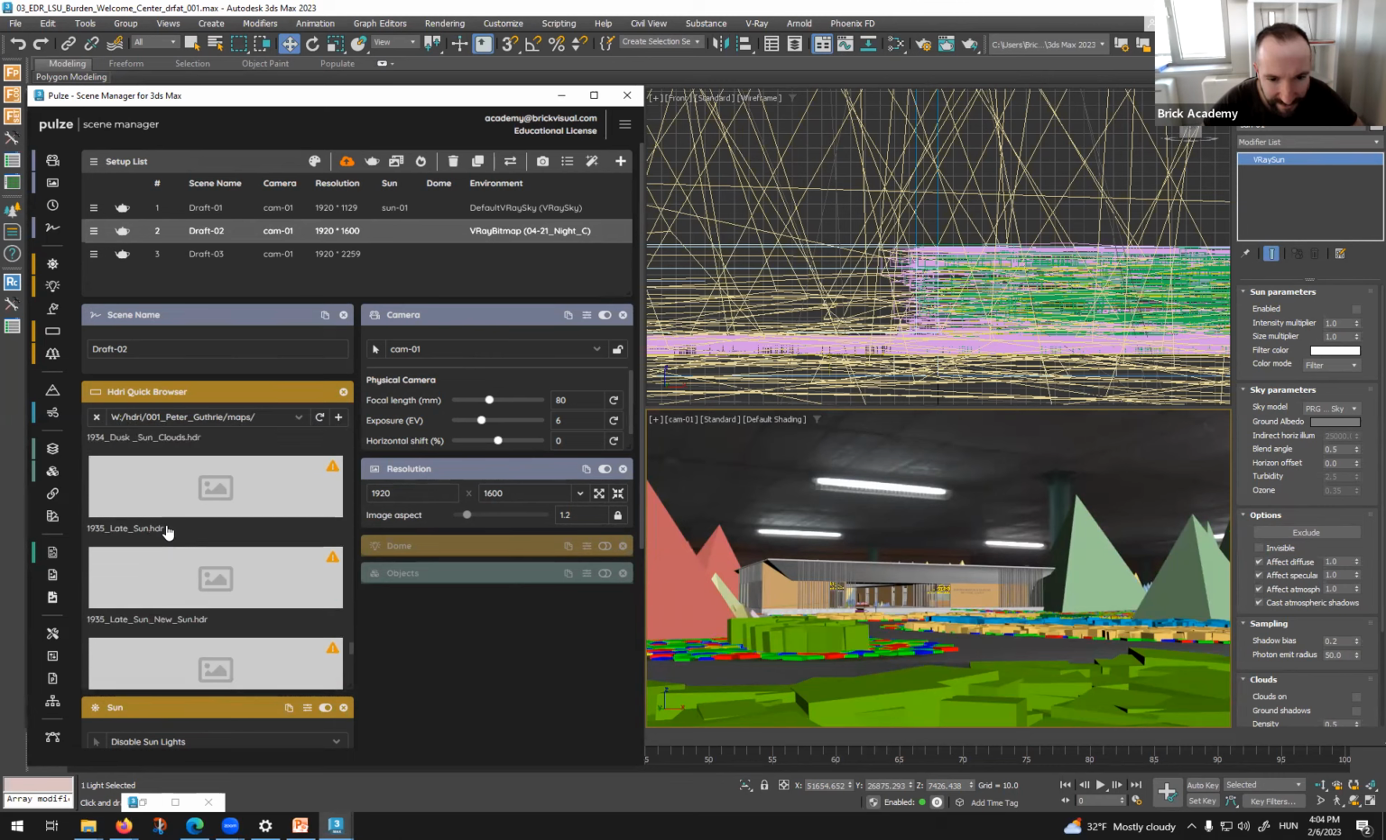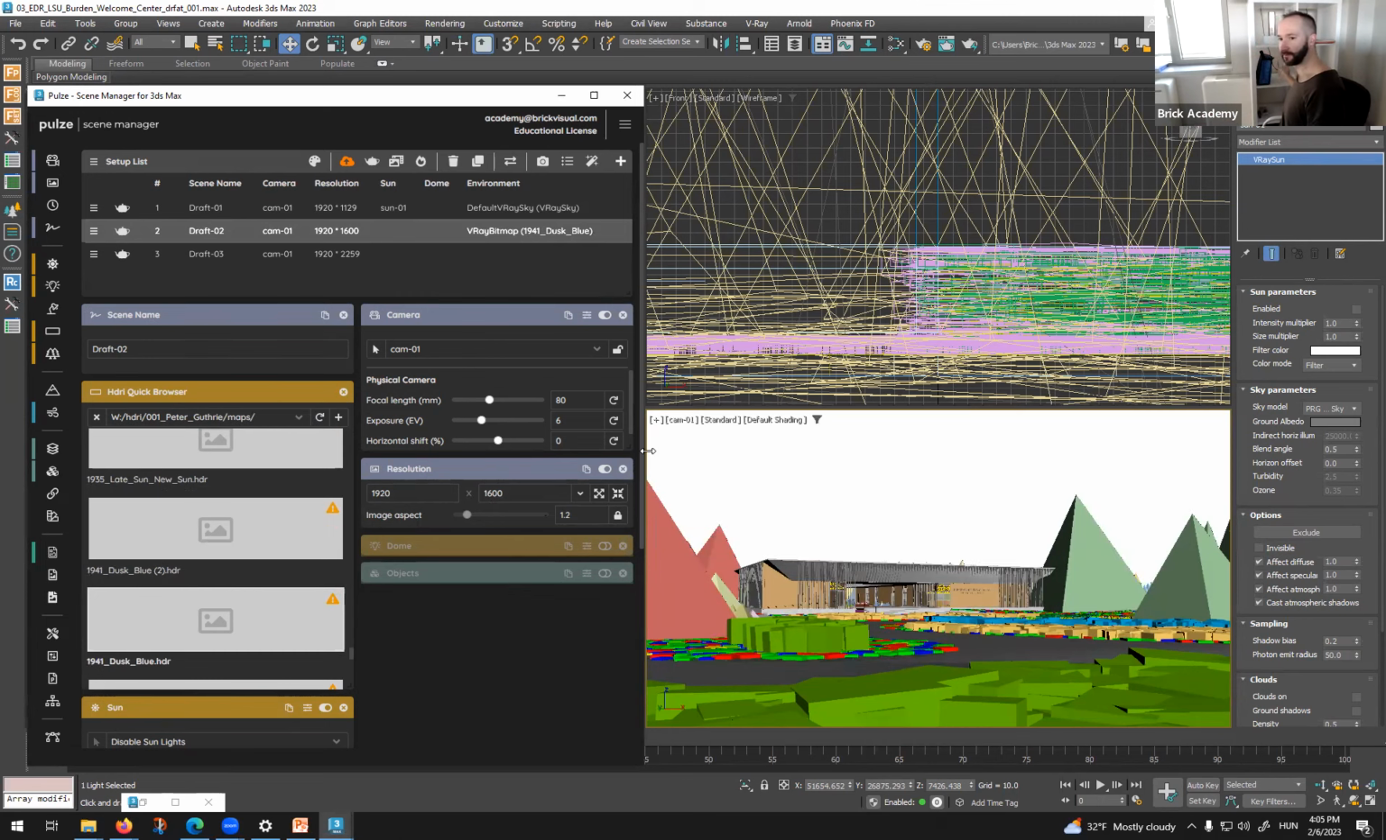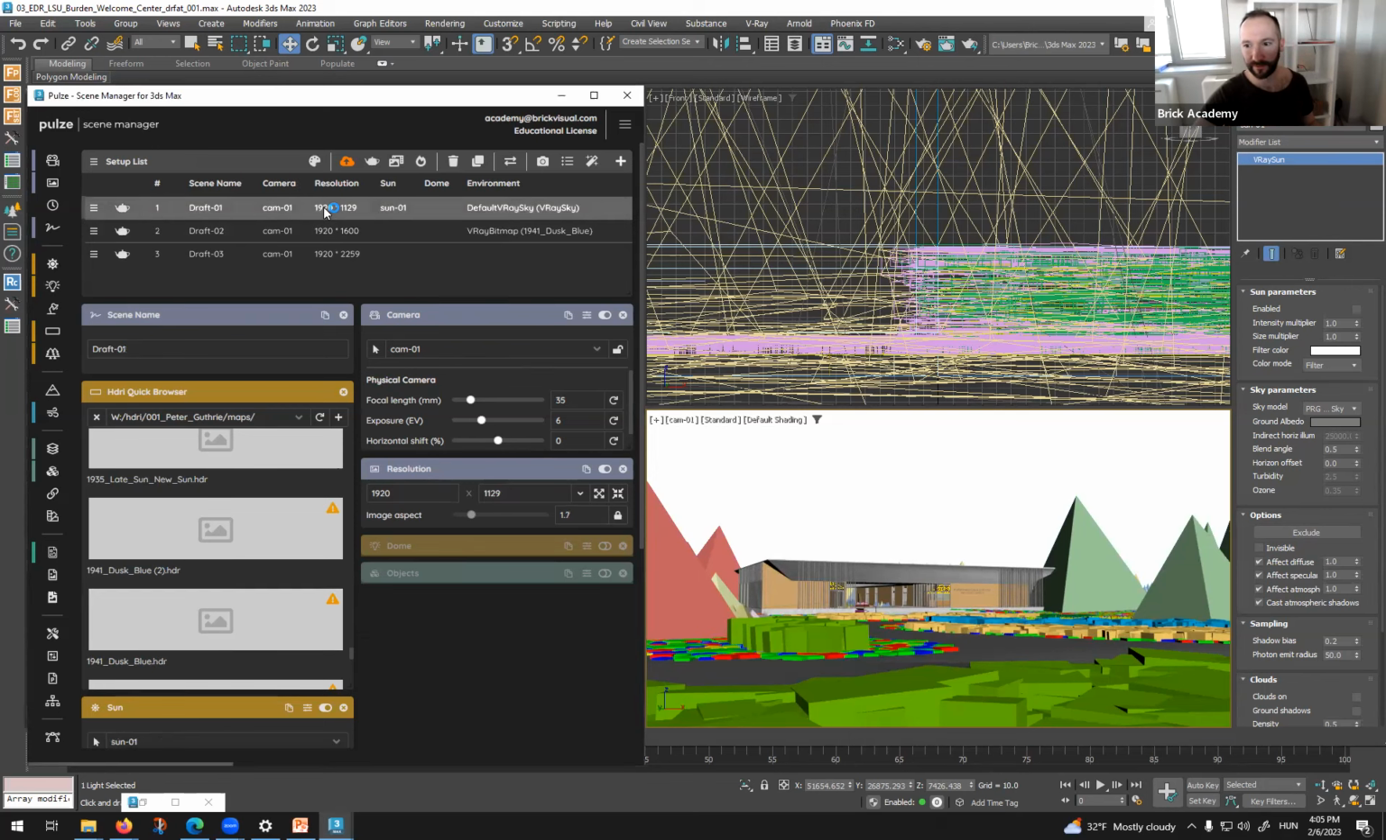I think this one. Yeah, this one. And just a few seconds and it's changing. It's not visible here, but that's fine. And we can jump into two different setups. So one of these with the sun,